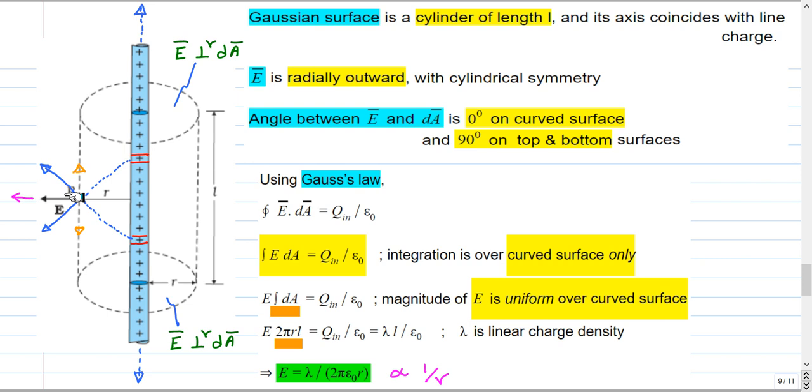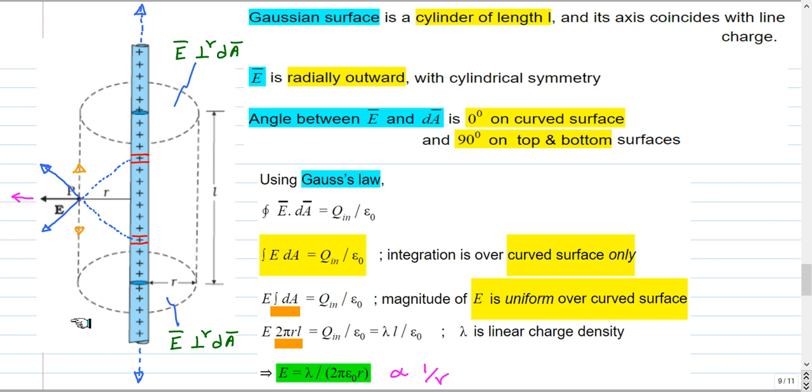So let us find the direction of the electric field at this general point P. To find the direction of the electric field at this point P, let's take a pair of elements which are equidistant from this line and calculate the electric field due to this pair of elements. The electric field due to this element will be in this direction, and the electric field due to this element will be in this direction. Both these elements are of the same length, so they have the same charge, so the electric field due to the elements will be the same. So the vertical component will cancel, the upward component will cancel the downward component, but the radial component will add. So the net electric field due to this pair of elements is radially outward.